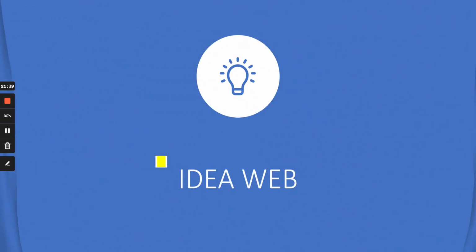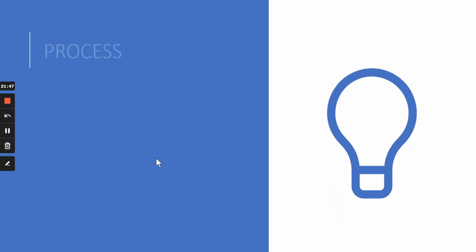Cool. So now, the second method: idea web. One more common and very effective method, idea web. So that one was brainstorming, this is idea web. Here also there will be a topic. Every idea generation method will have the topic of the essay, right? Because the question will remain the same. It doesn't matter which method you're going to use, there is a question which has a topic.